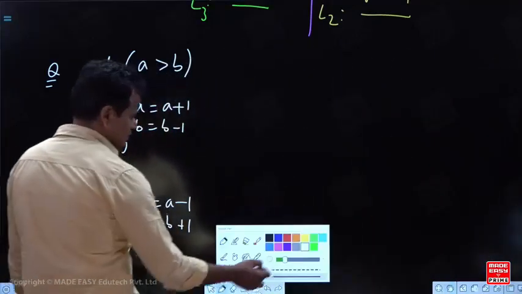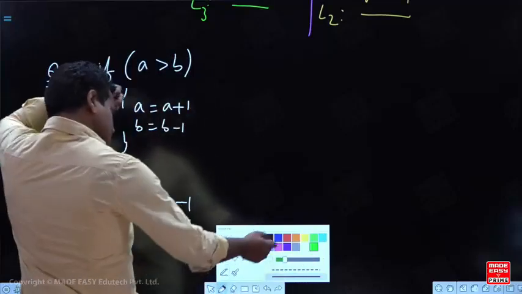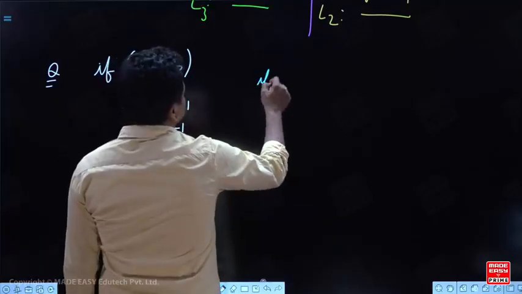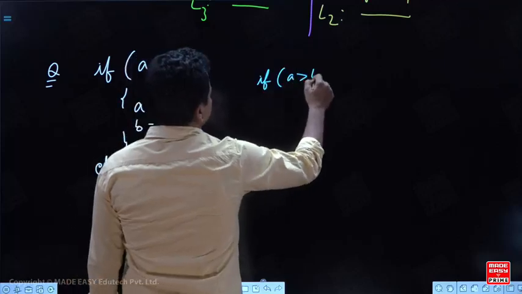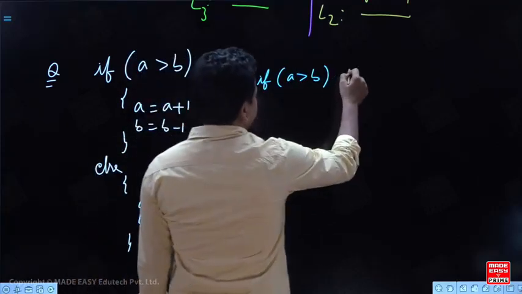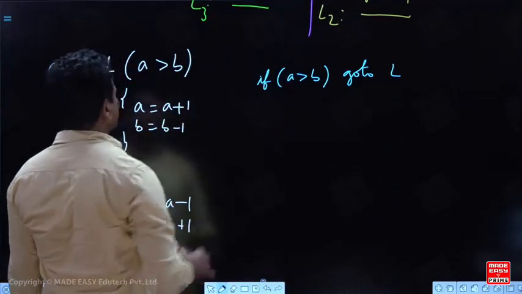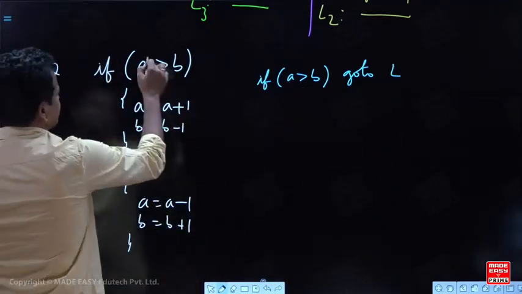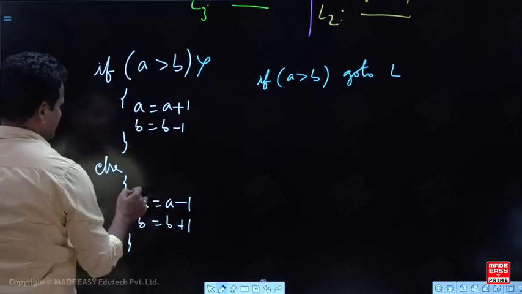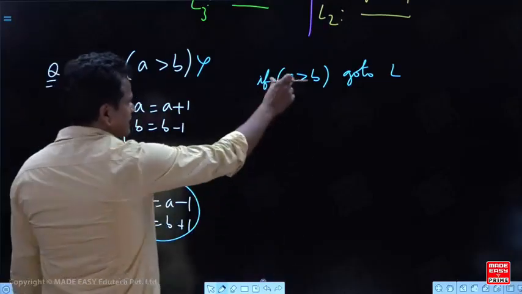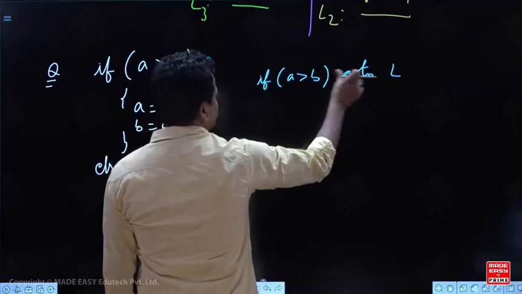Okay, look at this one. I will do this. Okay. Simple. This is not that much. If A is greater than B, go to L. Suppose A is not greater than B, suppose this condition is failed. Then you have to execute this one. So when the condition is not true, it doesn't execute the go to.